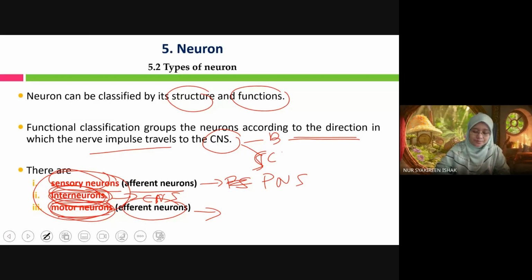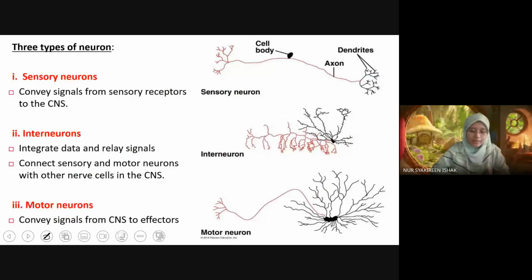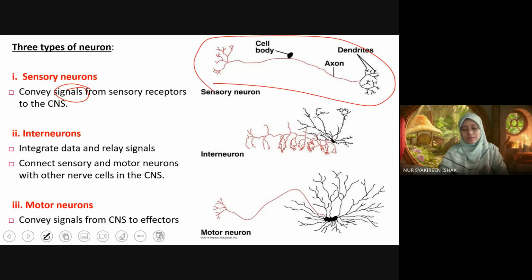Okay, so sensory neuron and motor neuron are located in the peripheral nervous system. Motor neuron is also known as the efferent neuron. So, three types of neurons. First, sensory neuron conveys signals from sensory receptor to the nervous system. This gives you the structure of a sensory neuron. And then from there, the sensory neuron will send the